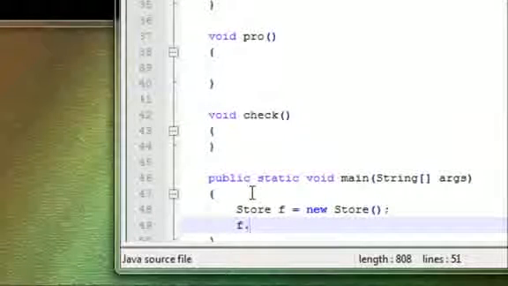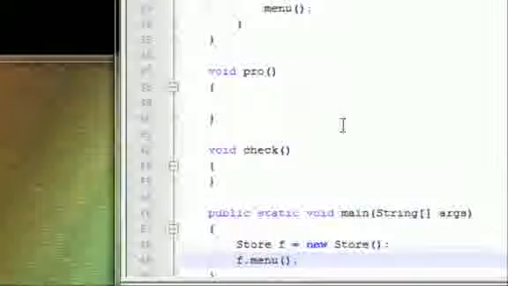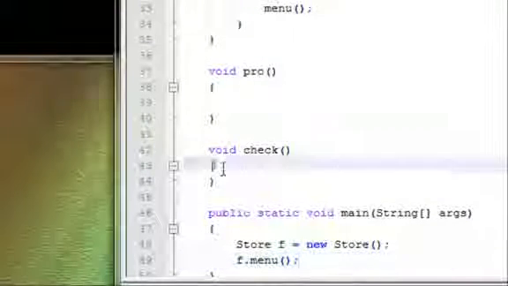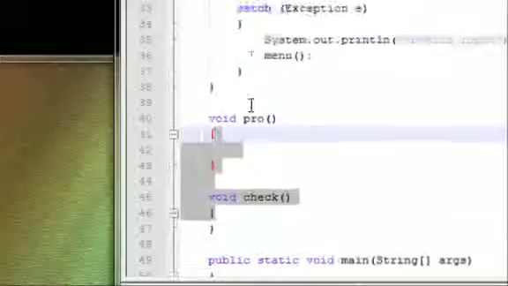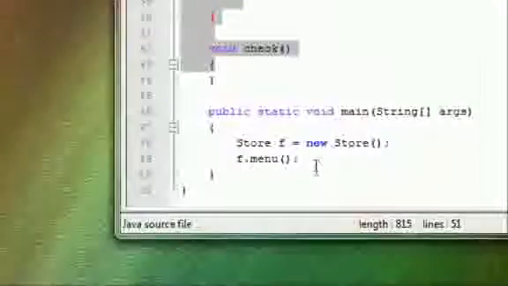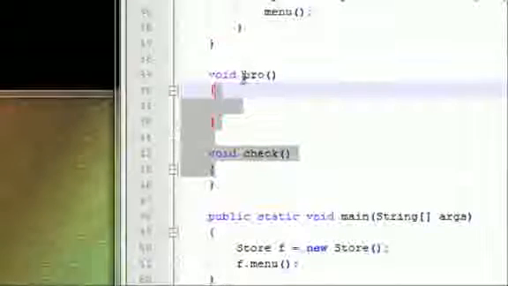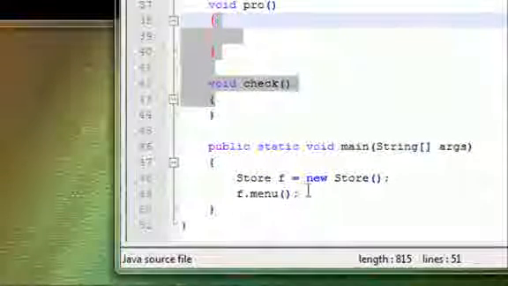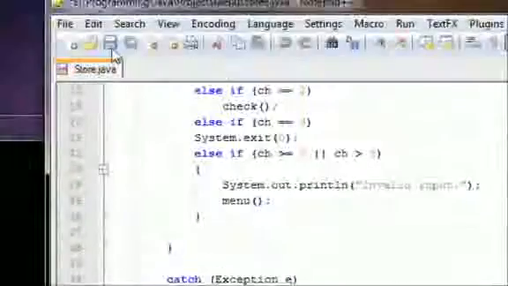We have to have f menu, and that's basically it. We don't have to include other methods because these methods right here are linked into this one right here, so it's not necessary to link these over here on this main method. So let's save this,